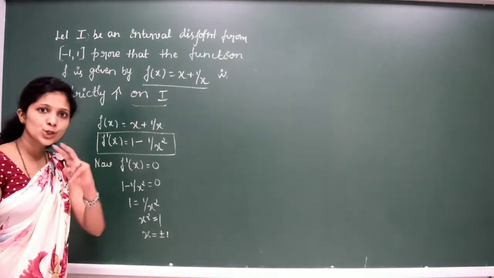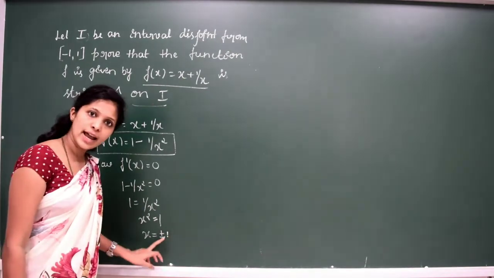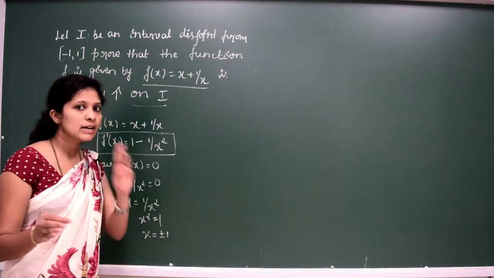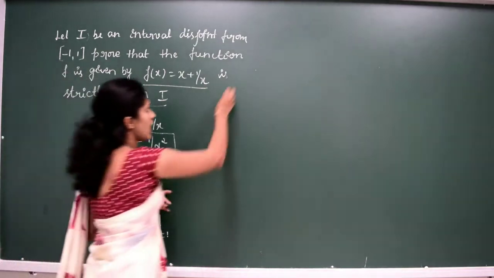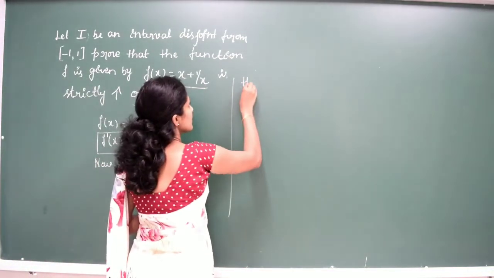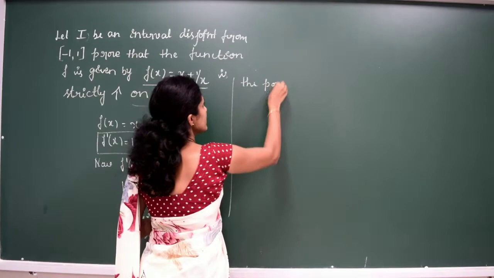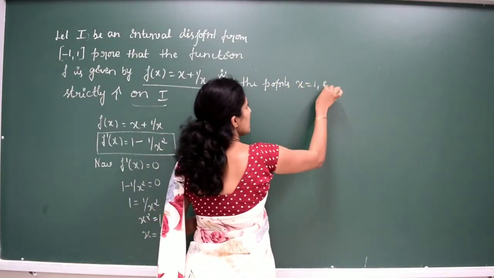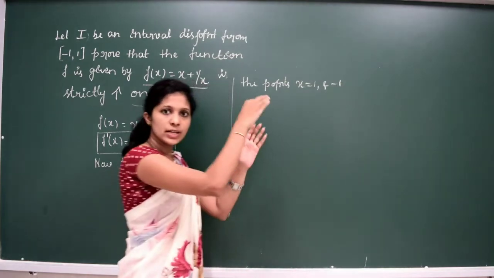So we got 2 points. One is plus 1 and minus 1. So 2 points divide the real number line into 3 disjoint parts. Right? So you have to write the points. Write this. The points x is equal to 1 and minus 1 divide the number line into